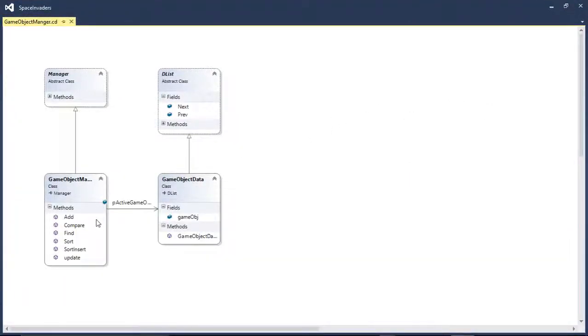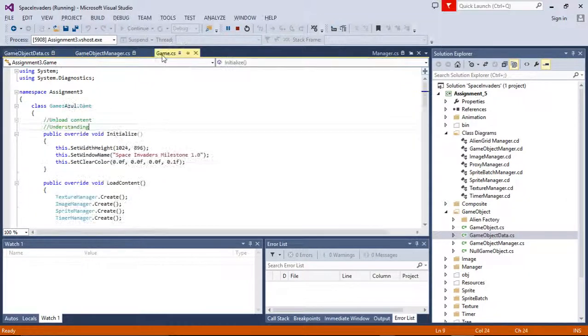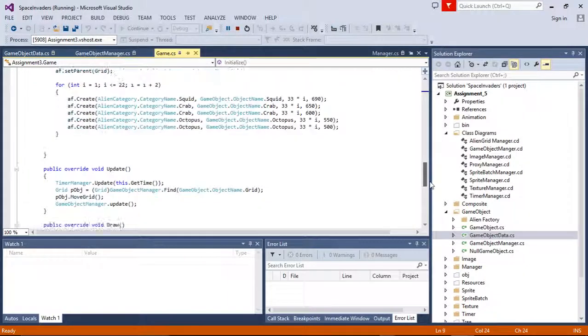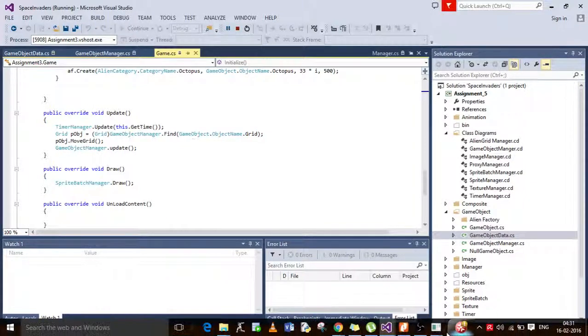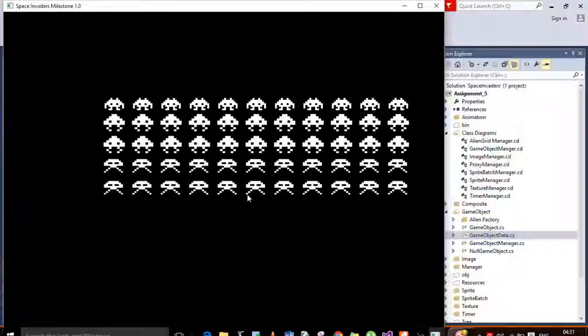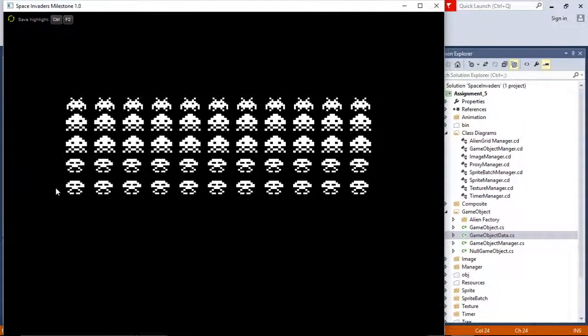It basically adds all the game objects into a linked list, and there is an update function which will be called in the game class. It holds all the game objects in the linked list, and once we invoke this function, it's going to update each and every object, for example the alien grid which is moving here, the set of aliens, one by one.